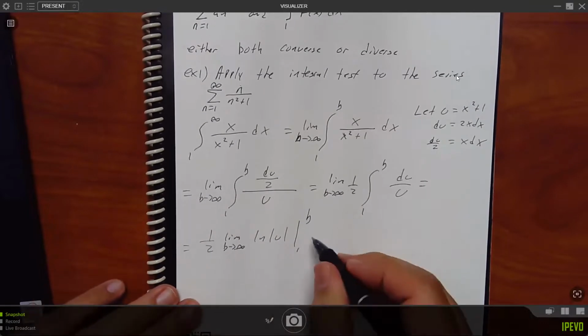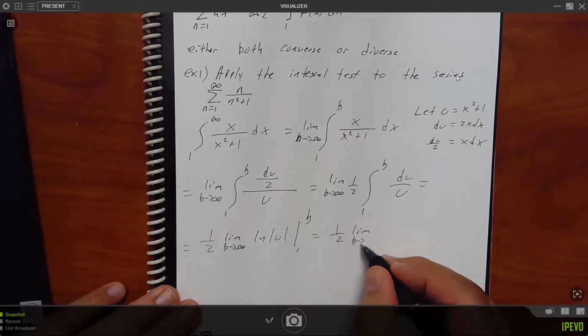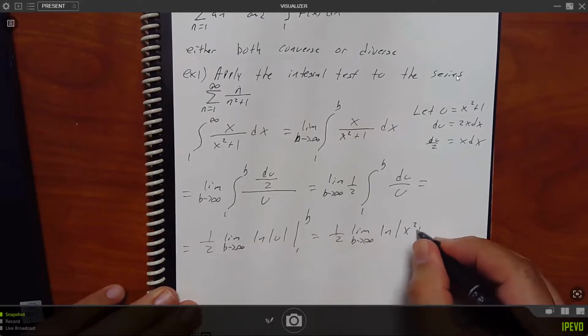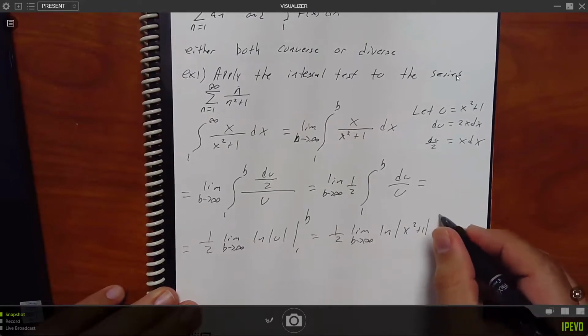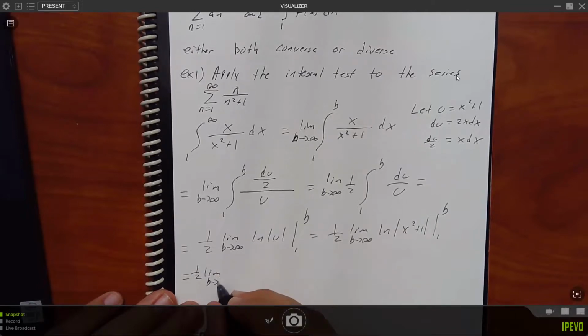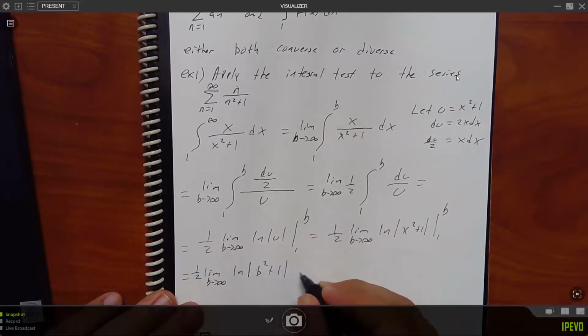Change u back to x. That'll be ln of x squared plus 1 from 1 to b. So that will be the limit as b goes to infinity of ln of b squared plus 1 minus ln